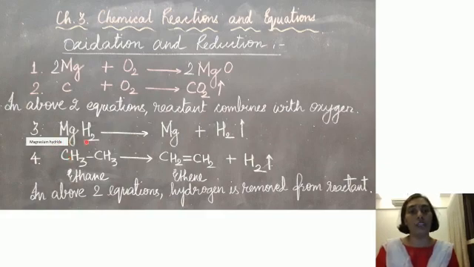Here we have got magnesium hydride. You can write down the name of the reactant, magnesium hydride, and it decomposes to give you magnesium and hydrogen gas. So this has split it up. So it has undergone decomposition, and this magnesium hydride has given us magnesium and hydrogen. So in short, if you observe, you will find that hydrogen from magnesium hydride has been removed. So this is a process of removal of hydrogen also.